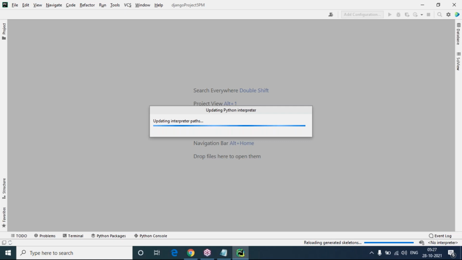And later, no need to open that project in the PyCharm editor. Directly you can come to the PyCharm editor and create a project. With all the selected options, using the application name also, it is automatically installed, or included, in the settings.py of your Django project file. Okay, so this is Django project creation with an application.